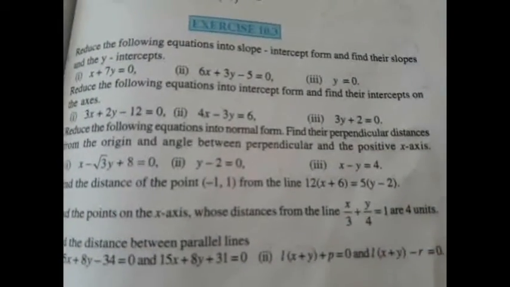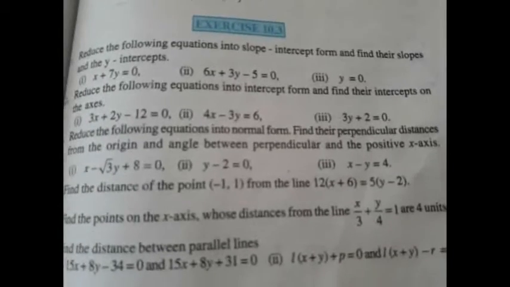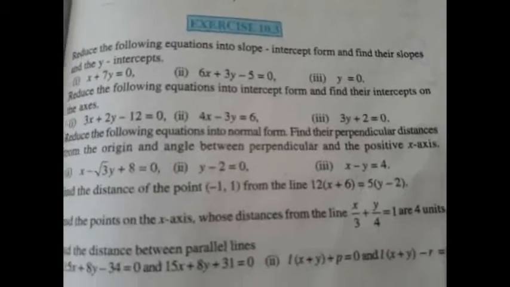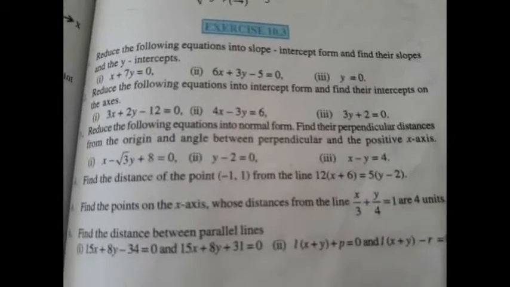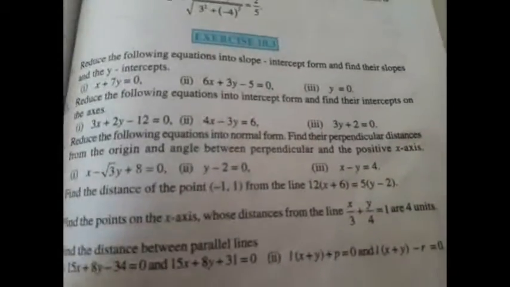Yes, this problem I am leaving to you as homework. Y equal to 0. So what will you do? Here everything is 0. Slope is also 0 and y-intercept is also 0. Because y is equal to mx plus c, you can replace m with 0 and write 0x plus 0. Therefore, slope and y-intercept are 0.